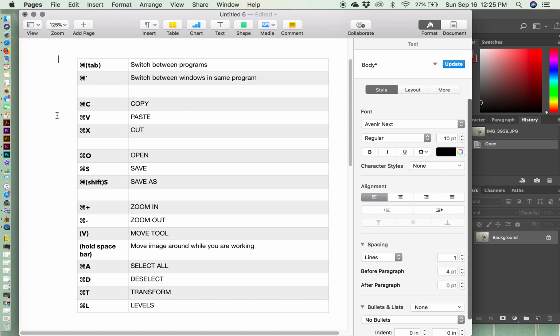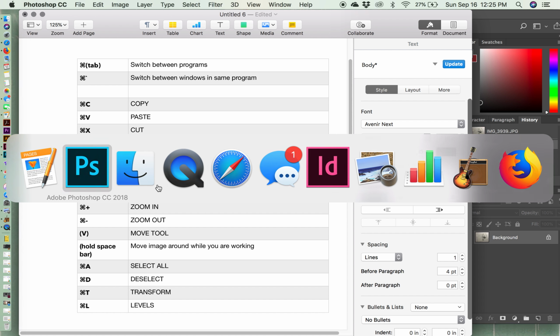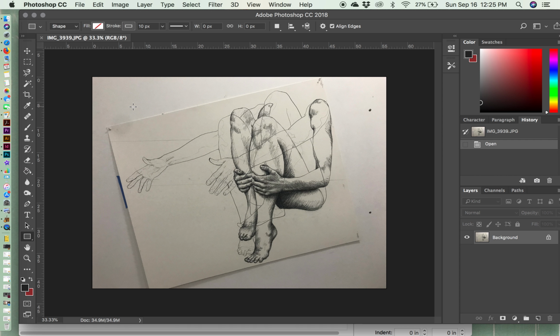You guys should know these very obvious ones that you've been using for years, I'm guessing, including copy, paste, and cut. And I am assuming that you're going to know to hit Command O or Control O to open, and Command S to save. And then if you haven't saved it or you want to save it as something else, hit Command Shift and then S, and you can save it as something or tell it a new place to save. These are some things that are specific to Photoshop that we're going to go over in a minute. So as I have this image opened, I can start working on it. I'm going to